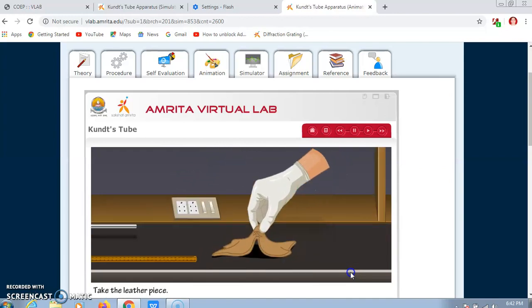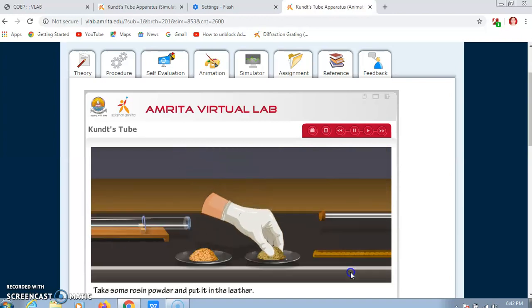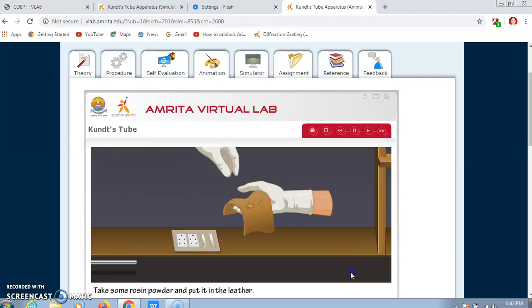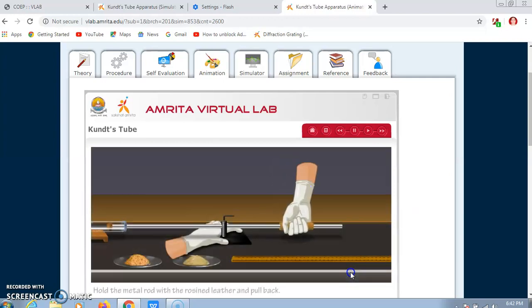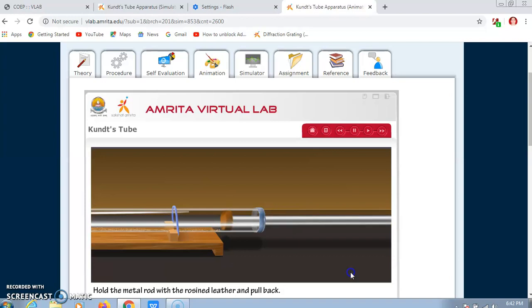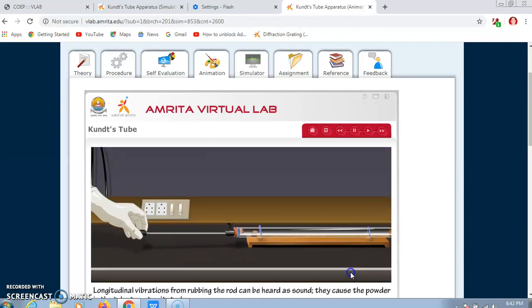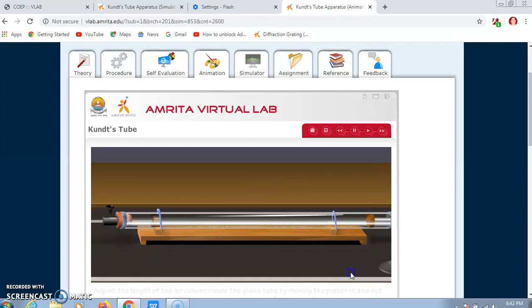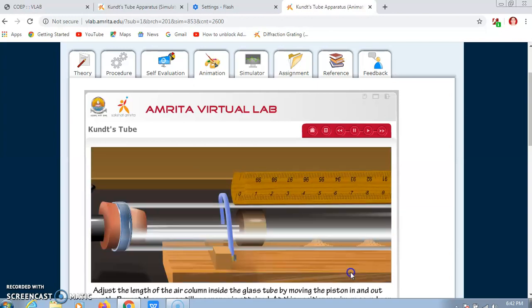Then vibrations are produced. At the other end, the rod starts vibrating, and this will produce vibrations in the particles of the material in the tube. Then the length of the rod is adjusted so as to get the heaps inside the tube.